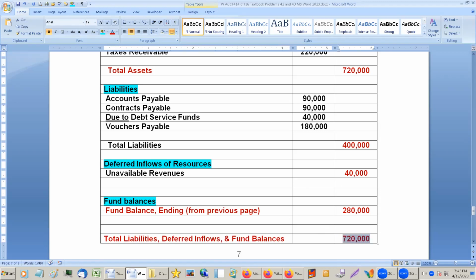So we kind of have three of them now instead of just the two. We used to have liabilities and equity. Now we have liabilities, deferred inflows of resources, which can be deferred revenues. It could also be unavailable revenues. Deferred revenues are put off to the next year. Unavailable revenues, it depends on whether they've spent them on the right thing or not. It could be a number of different things. And I think they're getting away from the